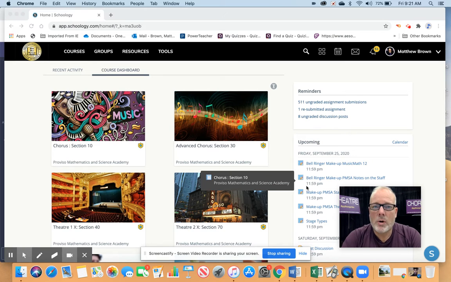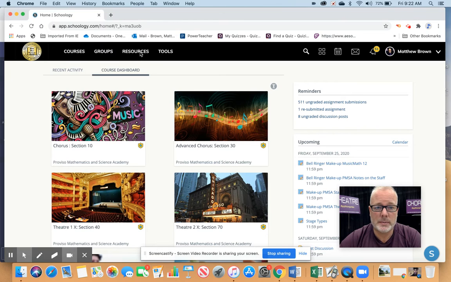Hey teachers, I want to talk to you about how to use the resources in Schoology, specifically OneDrive and Google Drive, as it relates to your assignments, because some teachers have been asking about this. So the first thing that you want to do is go to the resource tab, which is right up here in the main ribbon,